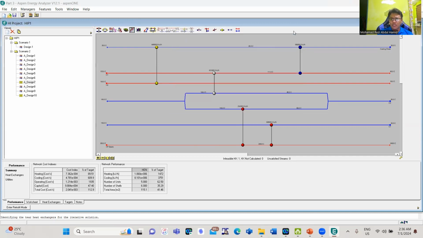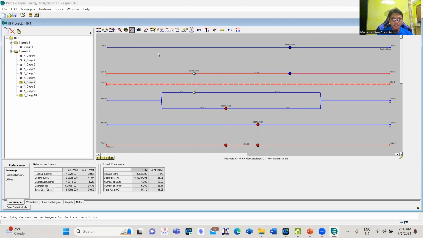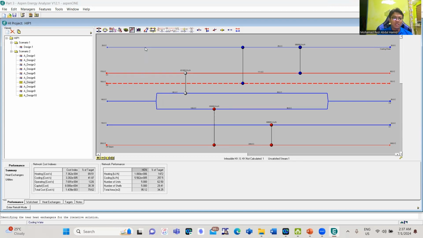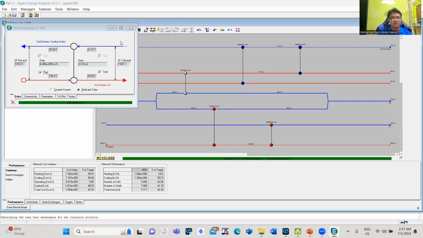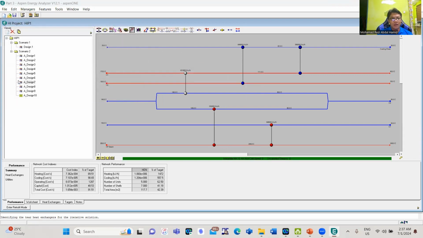So how to solve this? Let's say you like this design, but it just so happen that this design is invisible because of this heat exchanger. One way to solve this is quite simple. Just right click, delete. Now, once you have deleted this design, this heat exchanger, this become a dashed line. So you need to solve this manually. So what I'm going to do is just hit heat exchanger, left click, continue left click, move my cursor here, release, left click, and then release, right click, and then you left click, move to the cooler unit, and then you solve this design. Just hit tie, should be able to solve them. Then this one become white